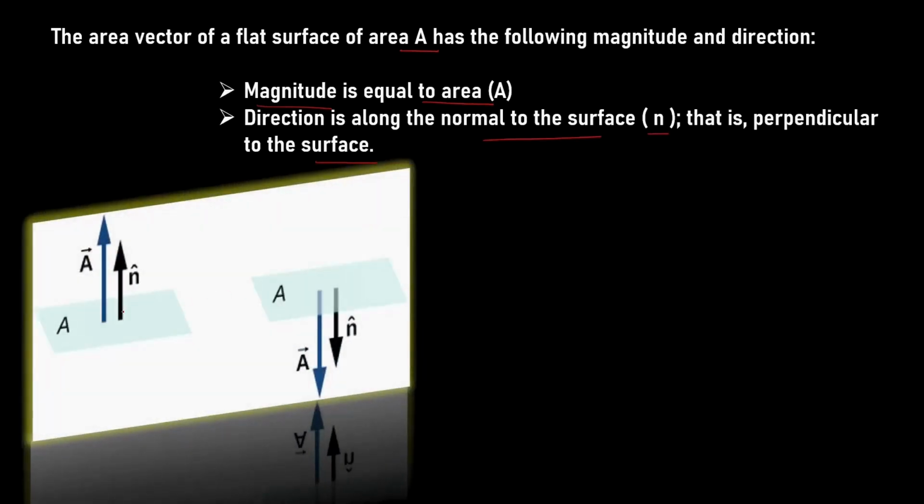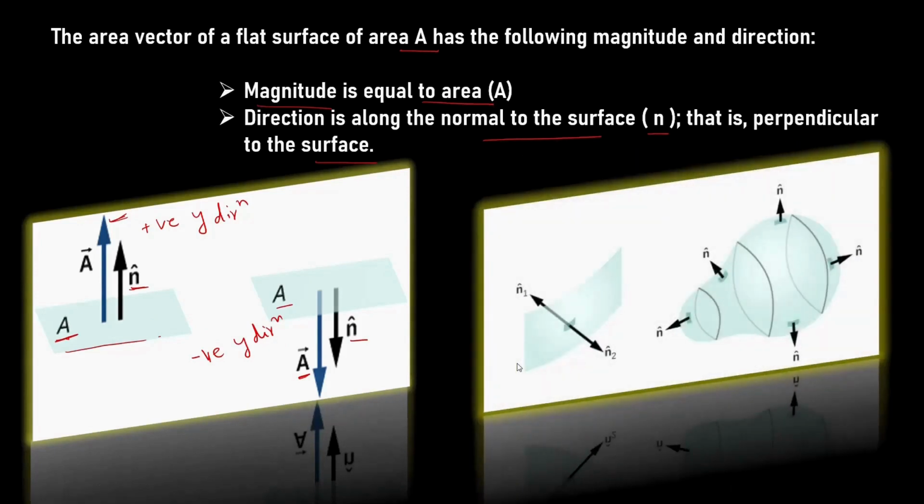Now, to have a clear view, let us see two surfaces. This is the first planar surface having simply the area A. Now, if we are dealing with its upper surface, the normal vector has been drawn along the positive y direction. So, in this particular situation, the area vector will also be pointing in the positive y direction. For the same planar area A, if we are dealing with its lower surface, the normal vector will be pointing in the negative y direction. So its area vector we can also take in the negative y direction. So for such planar surfaces, the area vector can be either along the positive axis or along the negative axis.